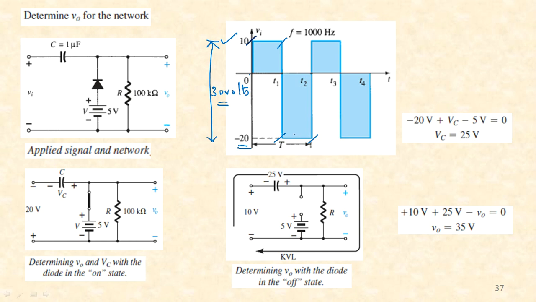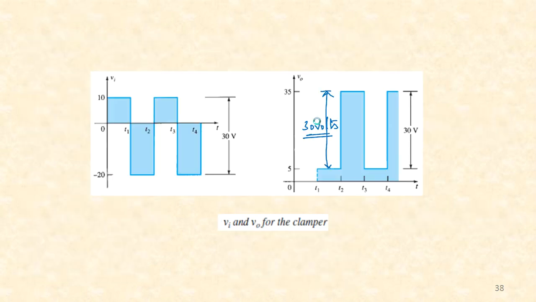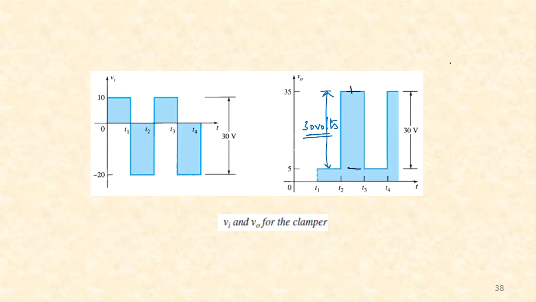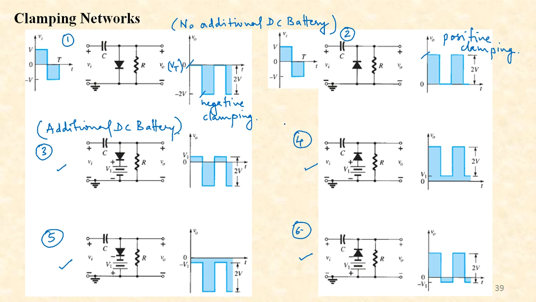You may be given such kind of waveforms also, but the important point is, when you solve it and draw the output waveform, you will observe that the overall amplitude or the voltage will be the same. Because here from positive half to negative half, the overall amplitude of the input signal is 30 volts, and if I verify the output voltage, it is also 30 volts. The only thing is that there is a positive DC level shift. The output waveform has got positively clamped. So the only difference is that one.